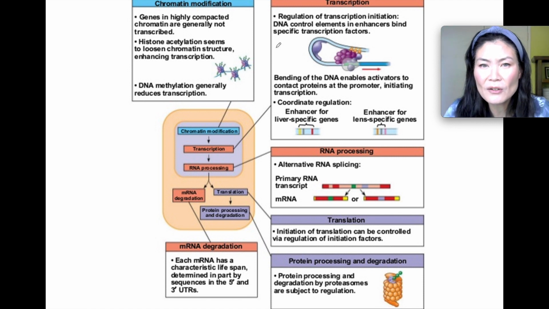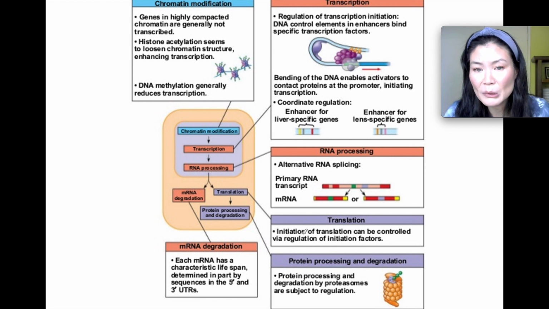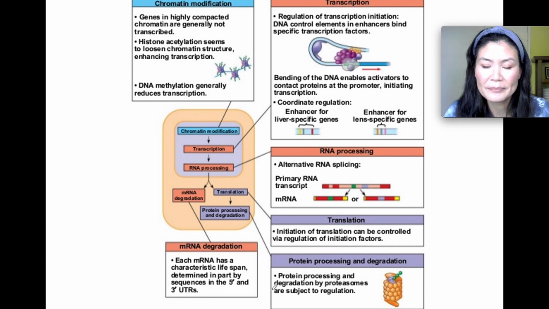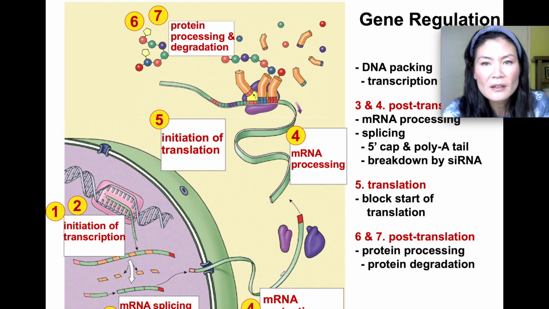Transcription, you have to have all the activators coming to the enhancers and then transcription factors coming together with the RNA polymerase to turn on the gene, okay? And then you might have different alternative RNA splicing that's going to turn on one gene versus another, and then it's translated, or translation is blocked, that's turning off, or maybe the mRNA is degraded before translation can occur, and then the protein, if it is made, can be degraded, etc. Okay, so this is the whole story.